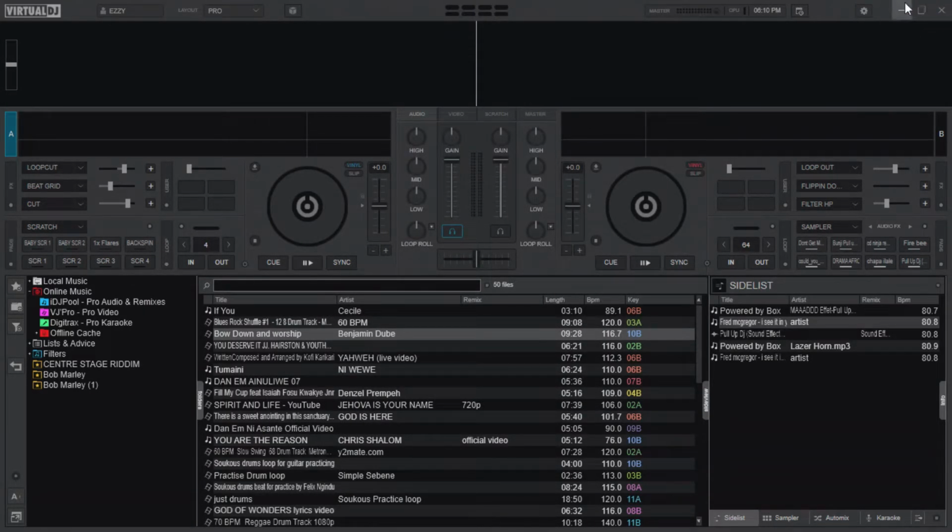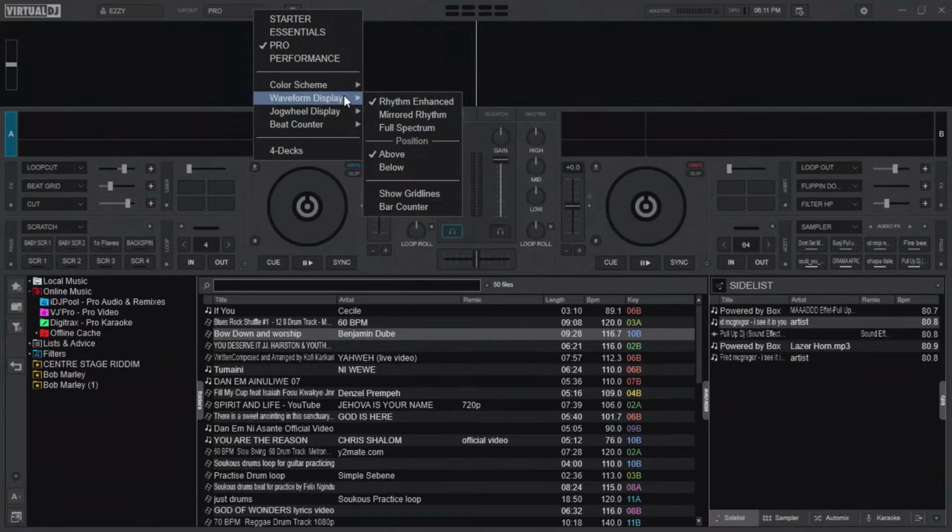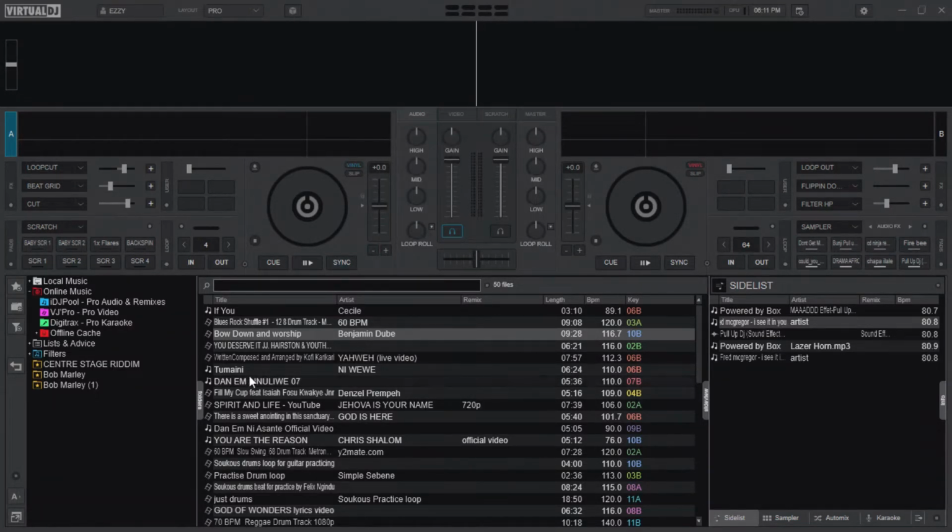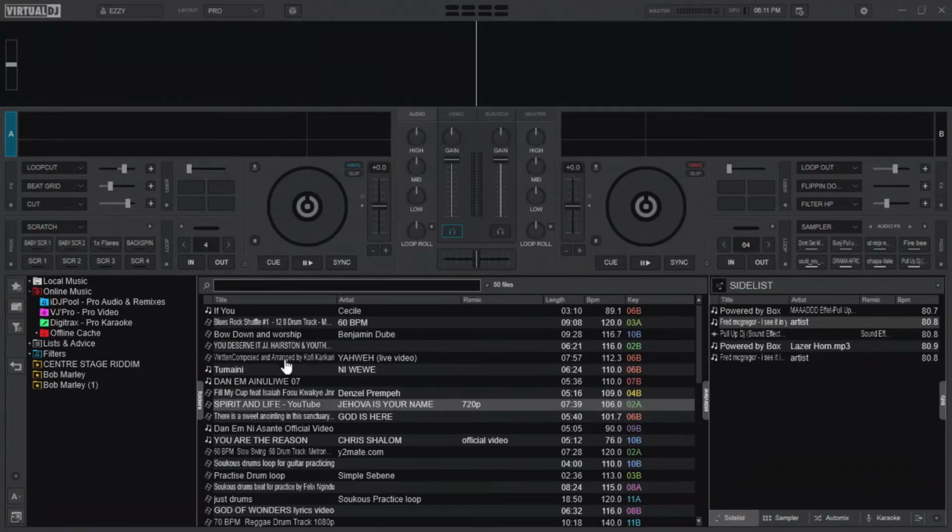There is also the normal Windows PC exit, restore, maximize, and minimize buttons. Alright, down here we have the waveform. The kind of waveform that you need can be accessed from here. I'm going to quickly load a song, a random song,